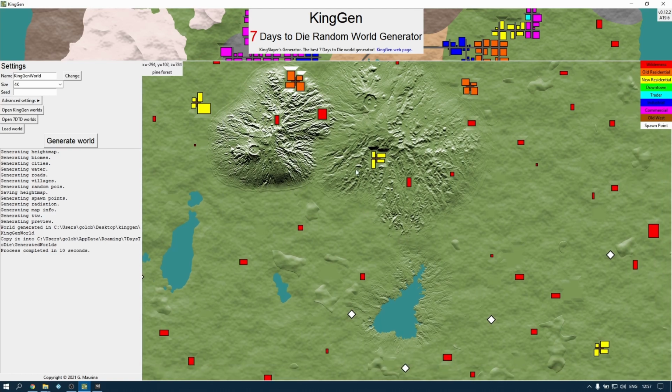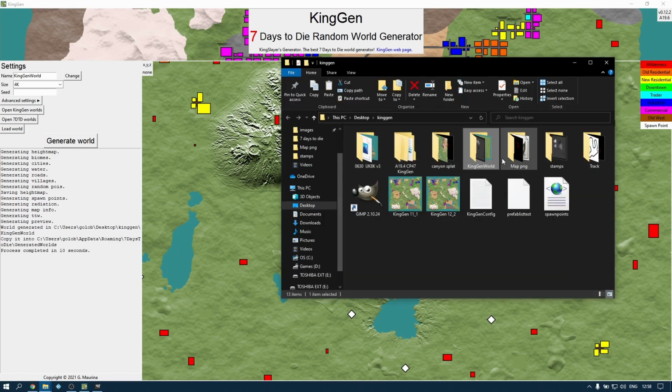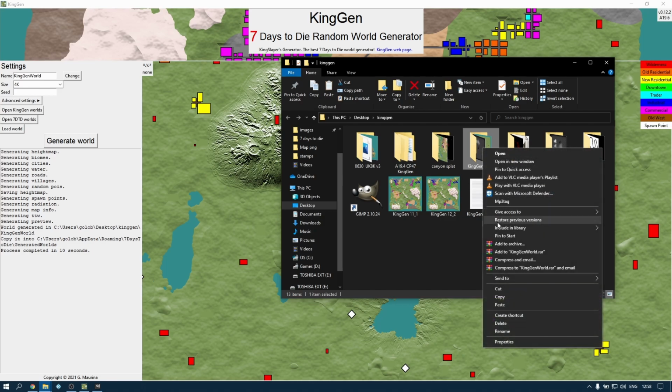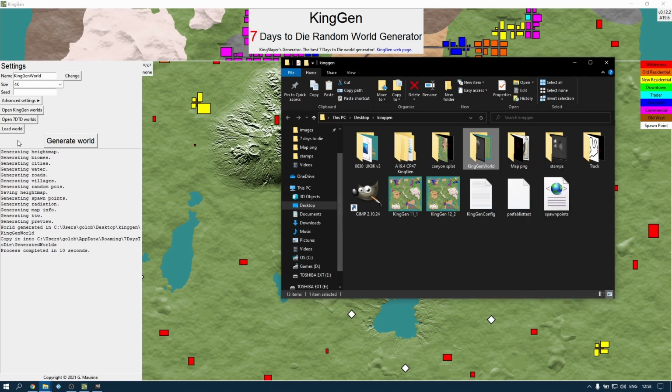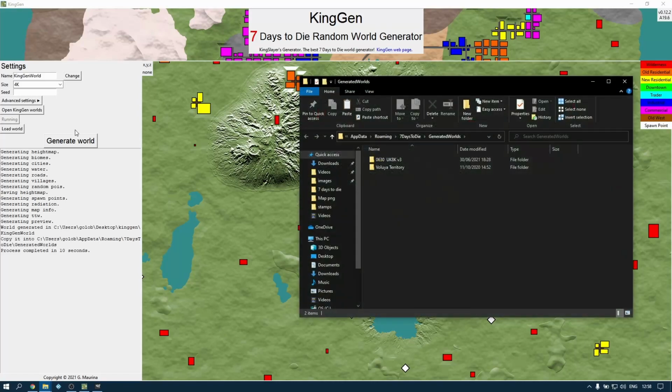Well, the last thing to do is to get this loaded up in 7 Days to Die and have a closer look at it, see what our mountains look like in our lake. So as with other videos, I've shown you how to do this already, but very quickly, open KingGen Worlds, find the one you've just created, right click and copy, open 7 Days to Die Worlds. There are the folders that I have in my game, right click and paste,